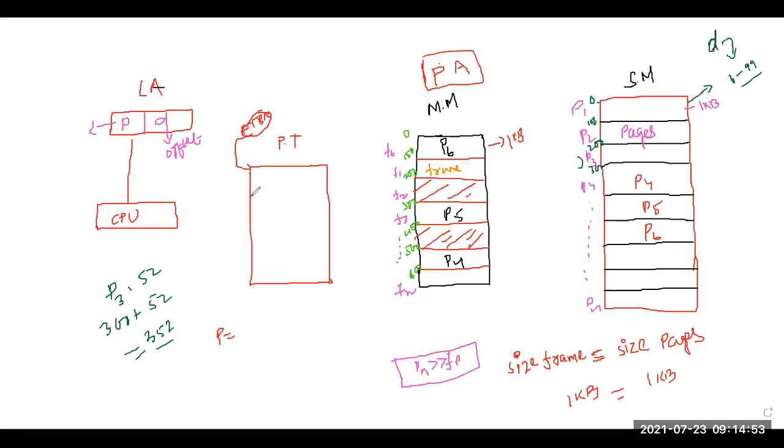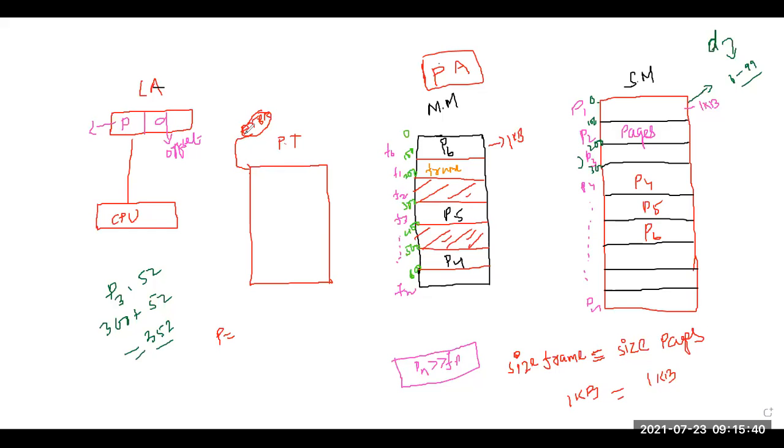Now how are we going to translate? Now I will take help of a page table, which is nothing but a data structure. Fine. That means it is not a hardware implementation. It is a logical implementation. And every program, okay, every program will have its own page table. All programs have separate page tables. Okay, as many programs as you have, that many page tables you will have. Second point, where is the page table base register stored? We do not know where the page table is stored in memory. So we need a base location of the page table, this base location and starting location.